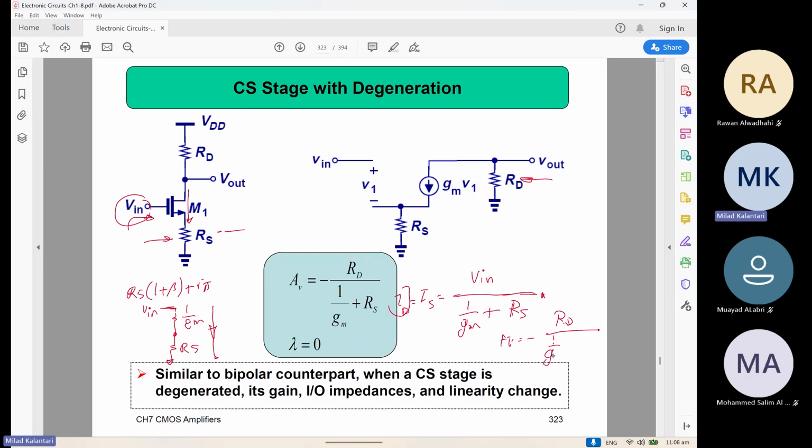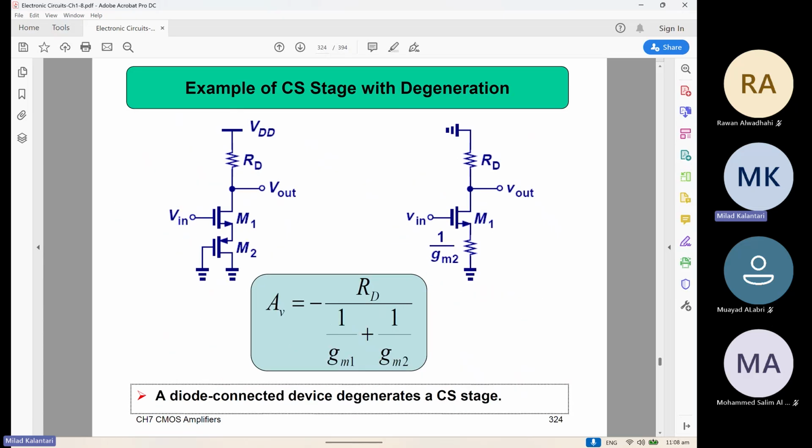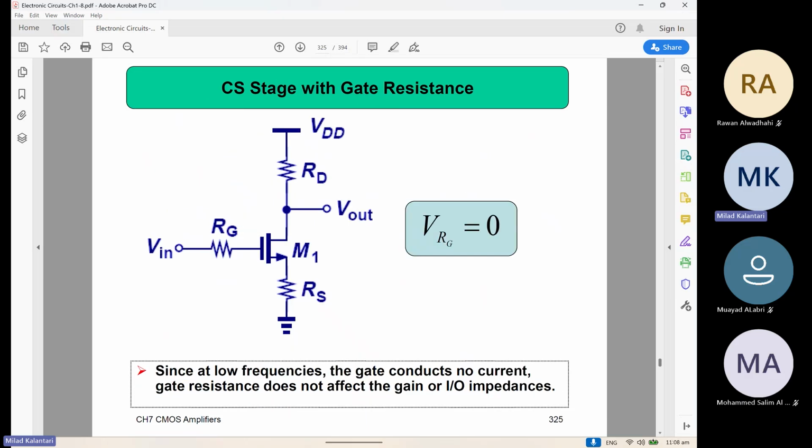plus GM plus RS. So we don't need to memorize this. It's pretty much similar to the BJT. So again, here it is showing that, let's say this resistor is just another transistor at the source, so you just need to model the resistance value from the device and then solve it. So one more,